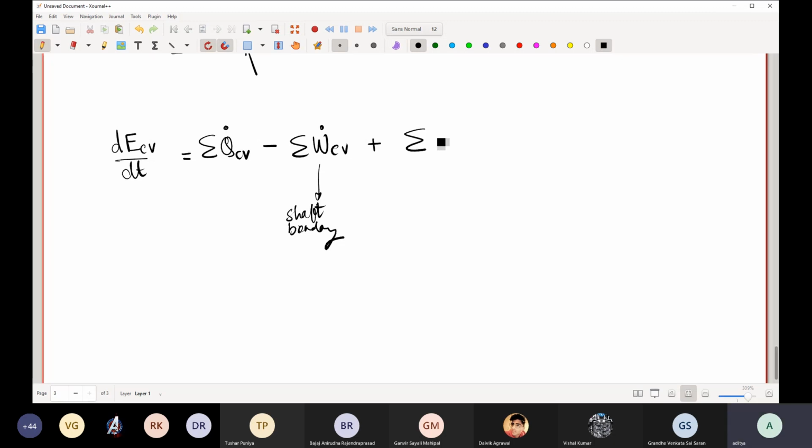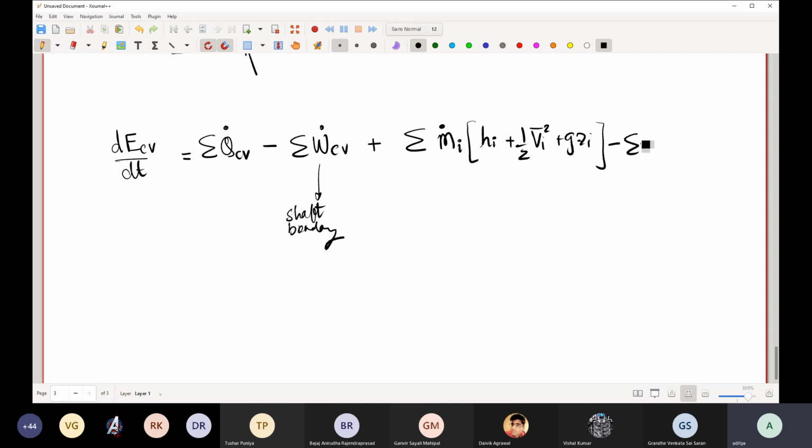So this will be plus summation of all the mass fluxes coming in, which, what are the contributions of the mass fluxes coming in to the rate of change of internal energy? Enthalpy plus half V_i squared plus g z_i